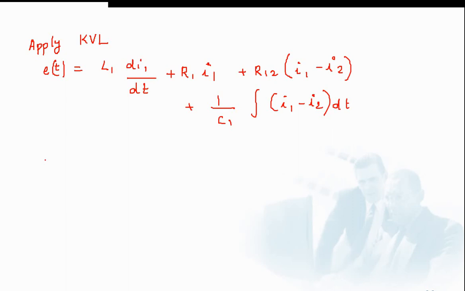The second equation will be, apply KVL in the next mesh also. So the equation will be L2 into dI2 by dt plus R2 I2 plus R12 into, since we are considering the second mesh, we can write the equation as R12 into I2 minus I1